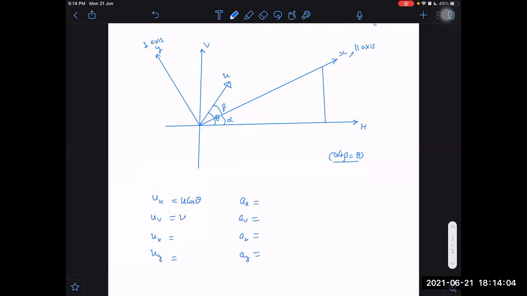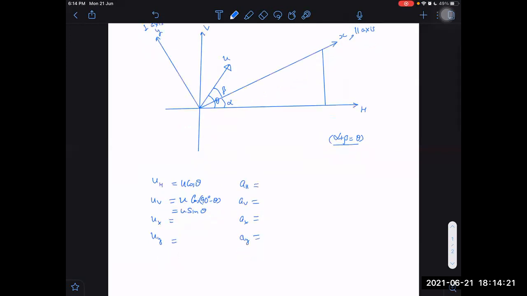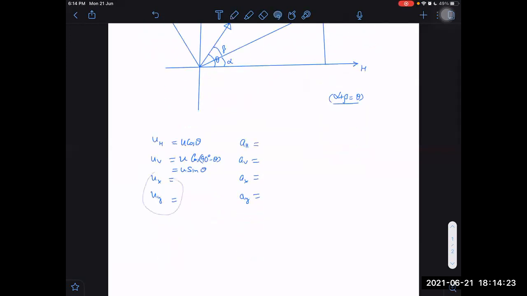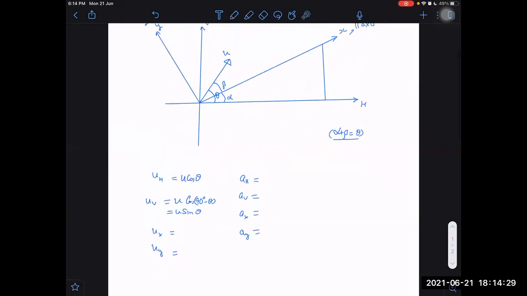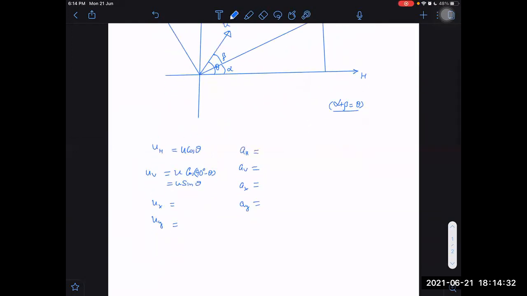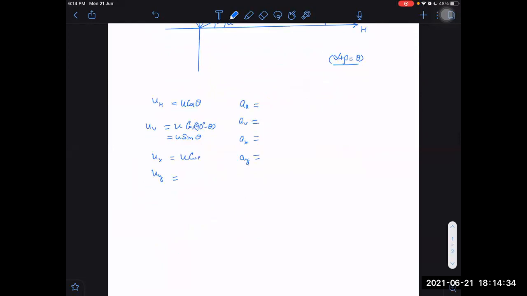Very nice. Again, think in terms of cos. What angle does it make with vertical? Between vertical and horizontal it is 90, so it will be 90 minus theta. So you are right, U cos(90 minus theta) will become U sin theta only. U cos(90 minus theta), and next step I am writing U sin theta also, same thing. What about UX and UY? UX will be again simple. What is the angle made with the x-axis? Beta. So U cos beta.